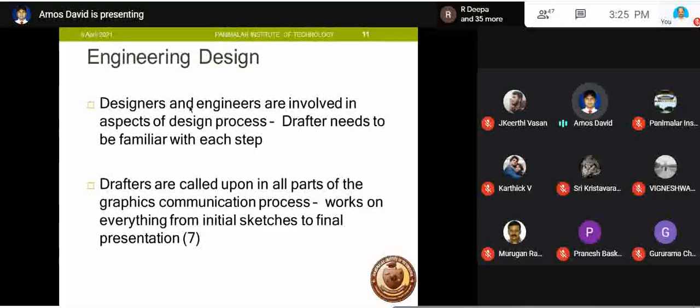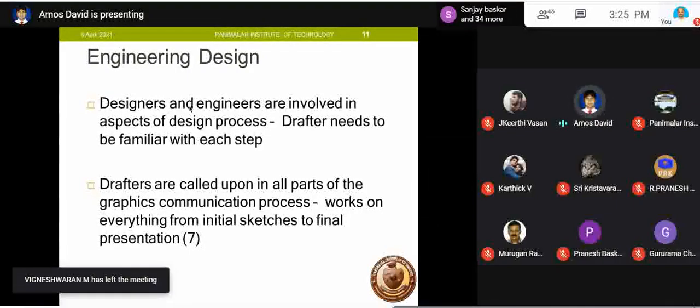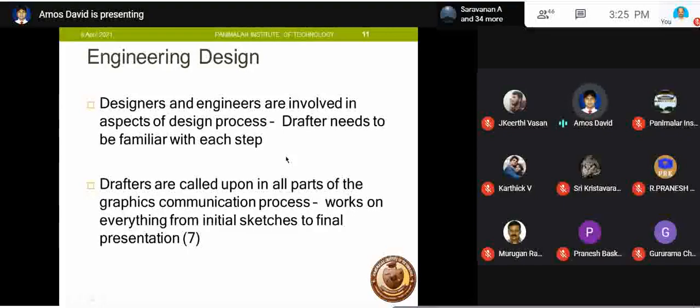So designers and engineers are involved in aspects of the design process. A drafter needs to be familiar with each step. As I mentioned in the beginning, the drafter is the person who drafts the design for you. He should be familiar with all the steps. What are the procedures for designing? Everything has to be known clearly. And how the initial sketches are made, how the final presentations are made, everything has to be known